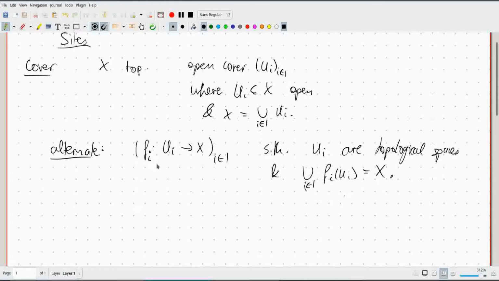Now these covers exhibit a couple of properties. One of the most important properties